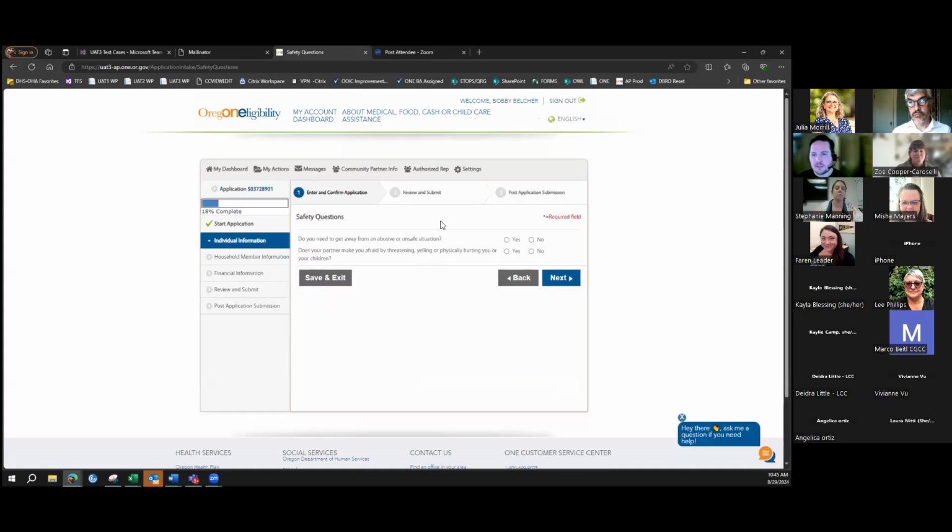Safety questions. As mentioned, we can't apply for TA-DVS, the Domestic Violence Assistance Grant, on the applicant portal, but we do still ask safety questions. If a person indicated yes to either one of these questions, when our workers are screening these applications to process them, it would give us an idea that maybe we need to reach out to this person in a safe way and offer them the opportunity to get assistance for domestic violence if that's something they're experiencing, whether that's applying for the assistance grant that ODHS offers, or just connecting with resources or DV advocates or something like that.